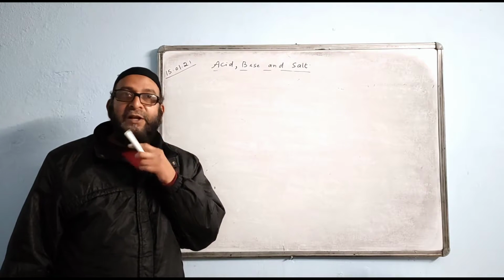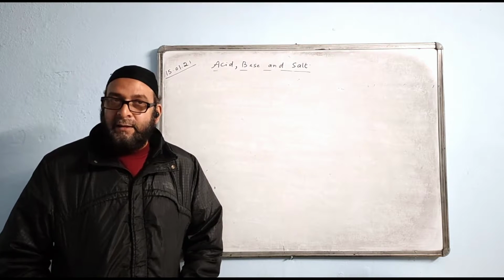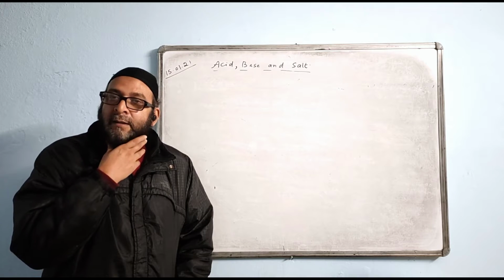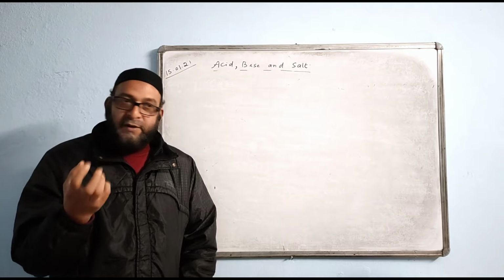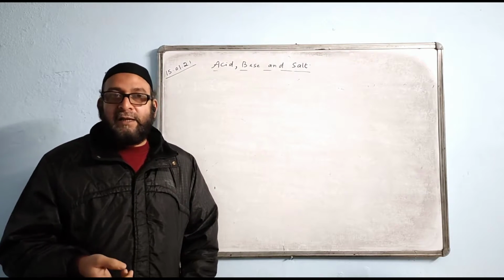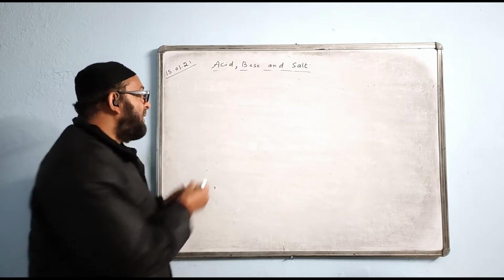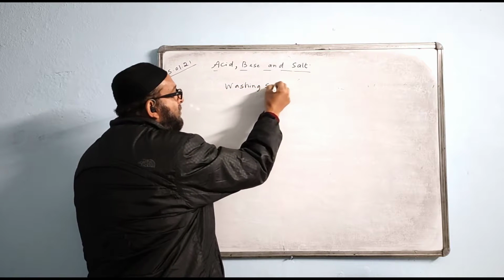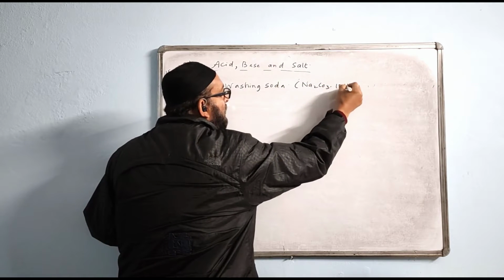There are some definitions you have written. What are called hydrated salts? We say the salts which contain water molecules, a definite number of water molecules, or the salt which has water of crystallization, are called hydrated salts. What are the examples of hydrated salts? An example of hydrated salts is washing soda, and the formula is Na2CO3.nH2O.